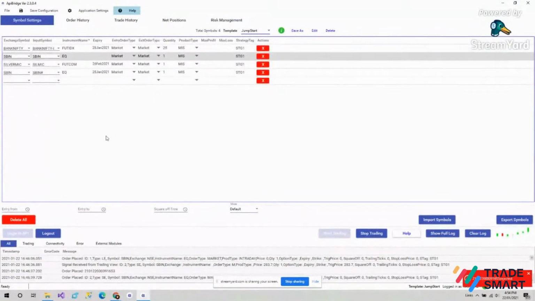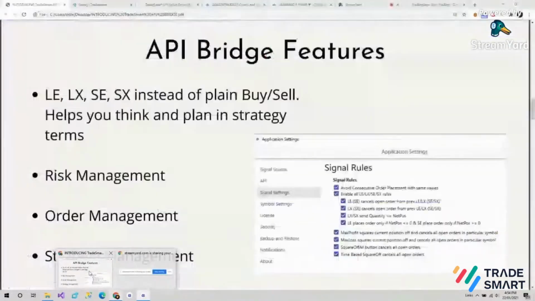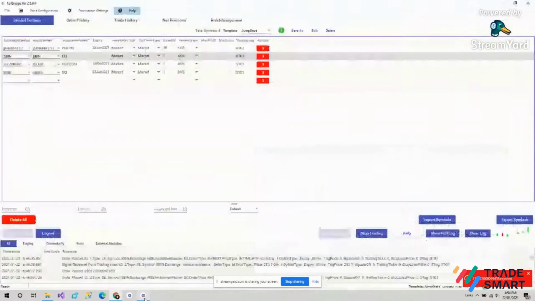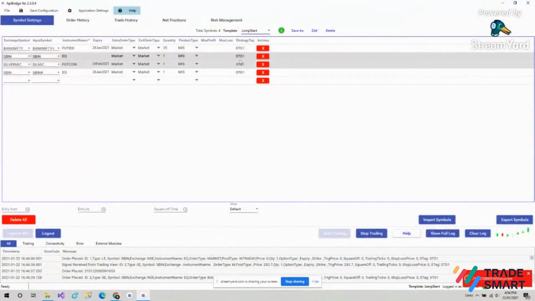You can also choose square off time, entry from and entry to. So between this to this time, your signals will come. There are strategy management settings. You can manage your strategies as well.